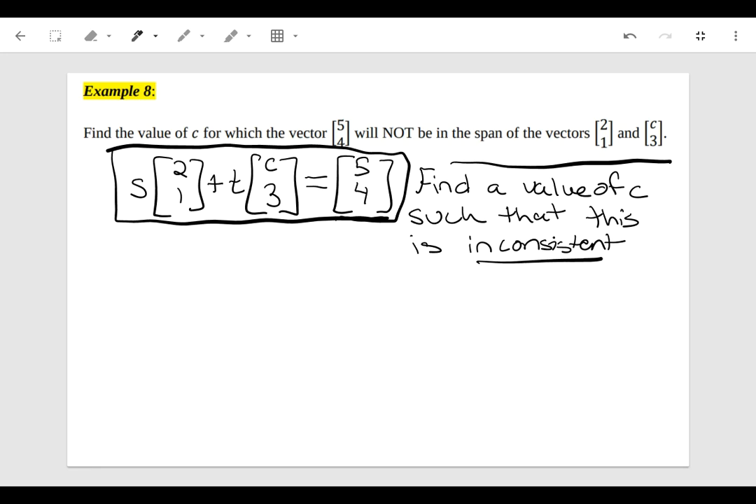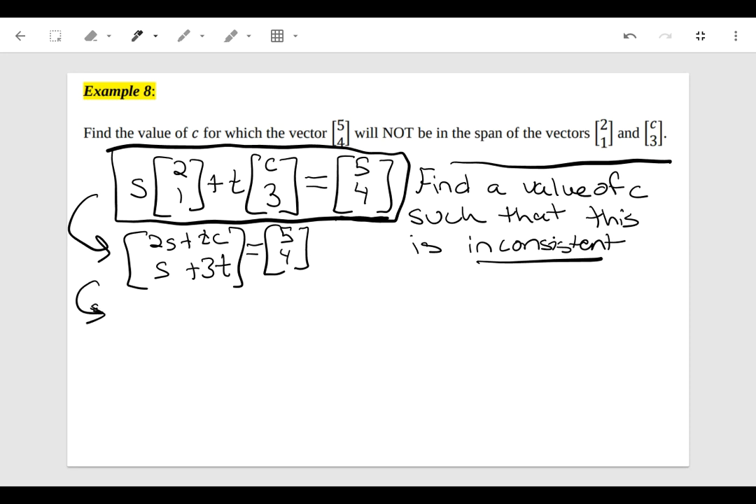Okay, well, so this vector equation right here, if you do the vector arithmetic, so if you do S times this first vector, you'll have 2S and then 1 times S, plus T times that second vector, so I'll have plus T times C and then plus 3T, is equal to 5, 4. So that corresponds to the system of equations 2S plus T times C equals 5, and S plus 3T equals 4, which corresponds to the augmented matrix